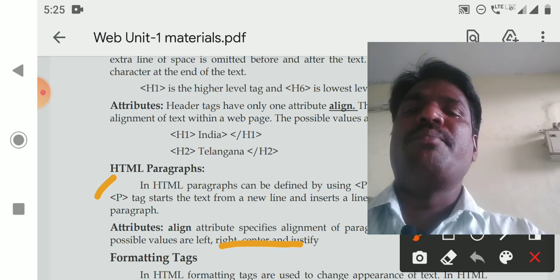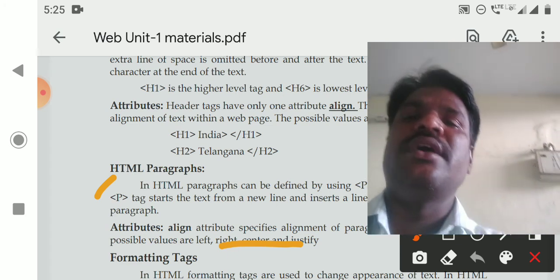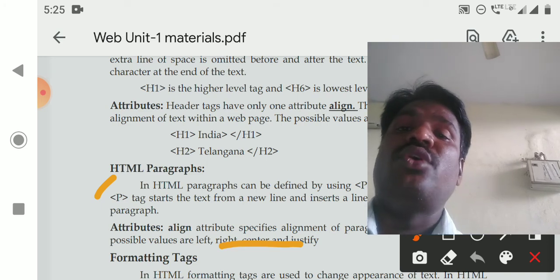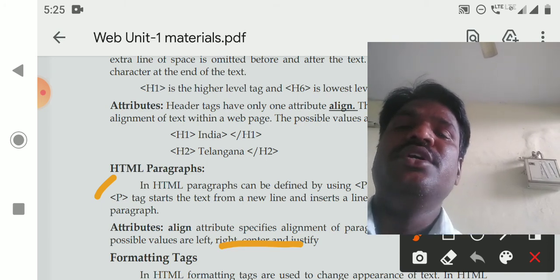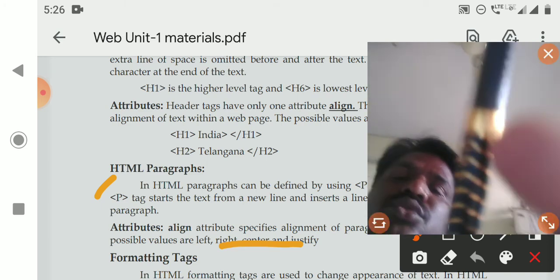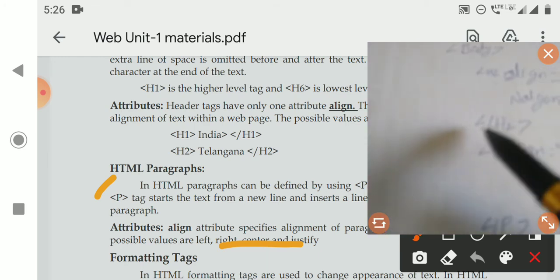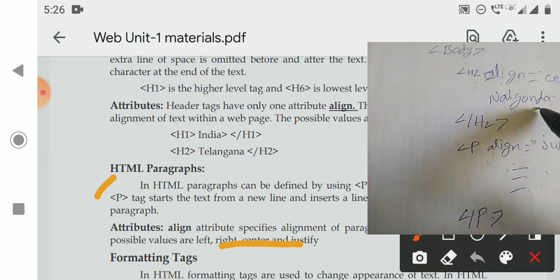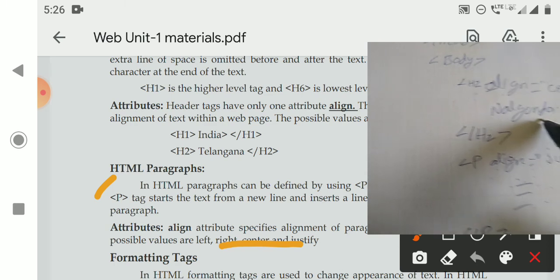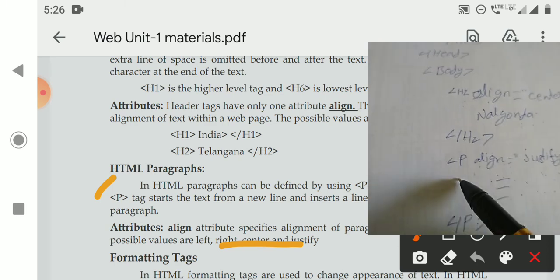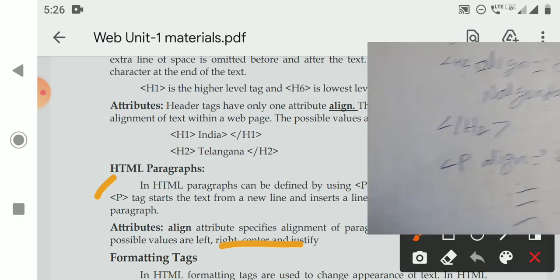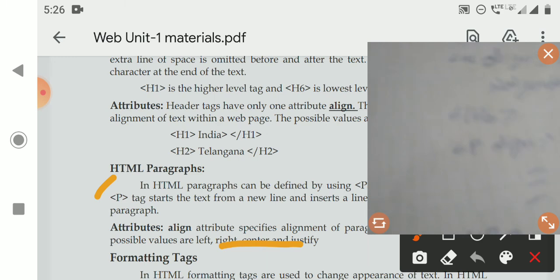Okay students, this is your today's class. The next important topic in the next class is the formatting tags. So how different formattings can be applied. I want to make an underline to this word. I want to make this text bold. How is it possible? I want to make some strikeout information. That will be discussed in the next class. Okay students.